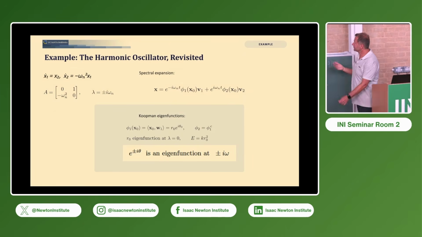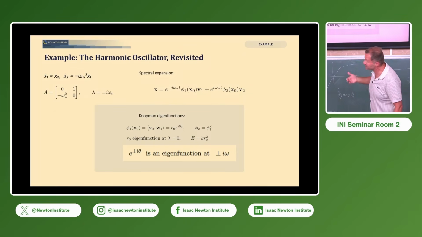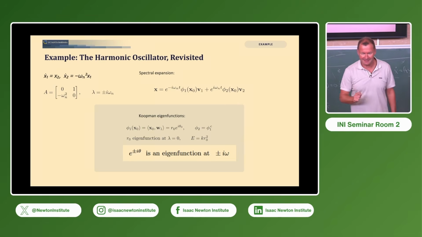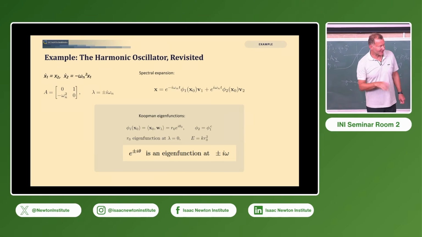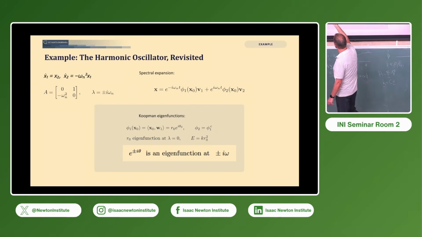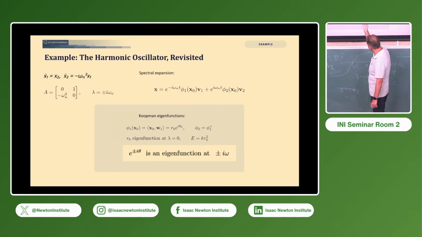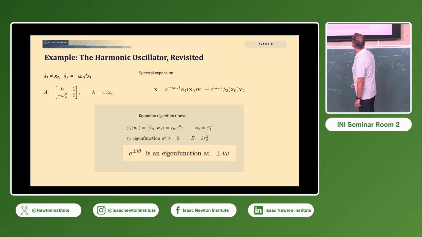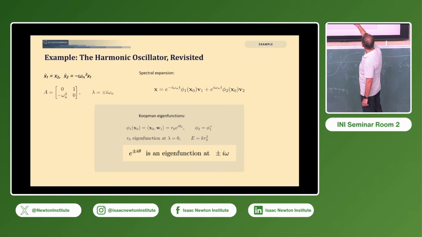Harmonic oscillator revisited. This is actually another fun thing if you're going through the basic calculations and you're writing the harmonic oscillator and say, well, there is nothing new to discover. Remember, I just told you something that kind of hit us when we first looked at it, that a constant is a Koopman eigenfunction. Here you have x1 dot is x2, x2 dot is minus omega n squared x1, where omega n is your natural frequency. Given the expansion that I gave you,